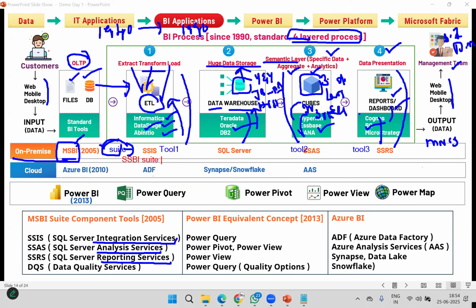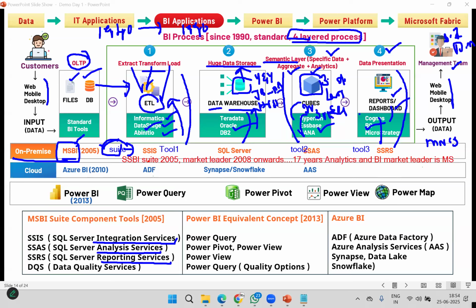Self-service BI suite, released in 2005, but it is market leader, guys, 2008 onwards. Till this day, for the last 17 years, analytics and BI market leader is Microsoft. No competitor. Sir, how can I see? How do you prove it, sir? I'll show you in 2 minutes. Wait for it.